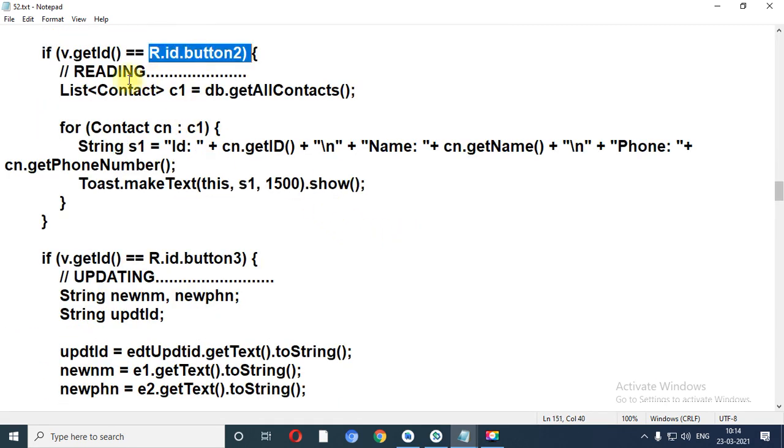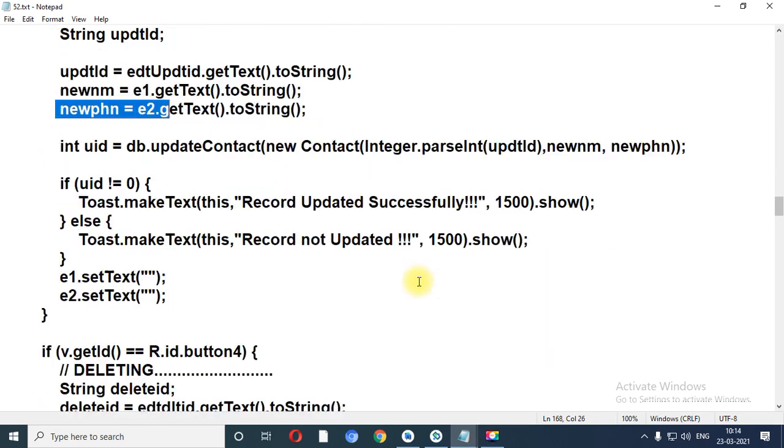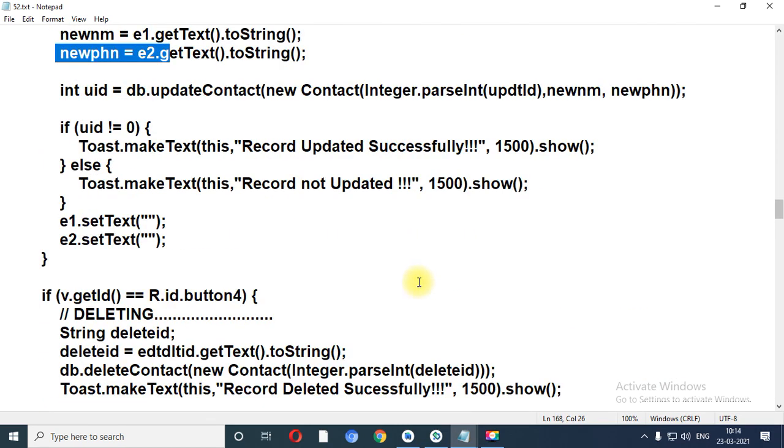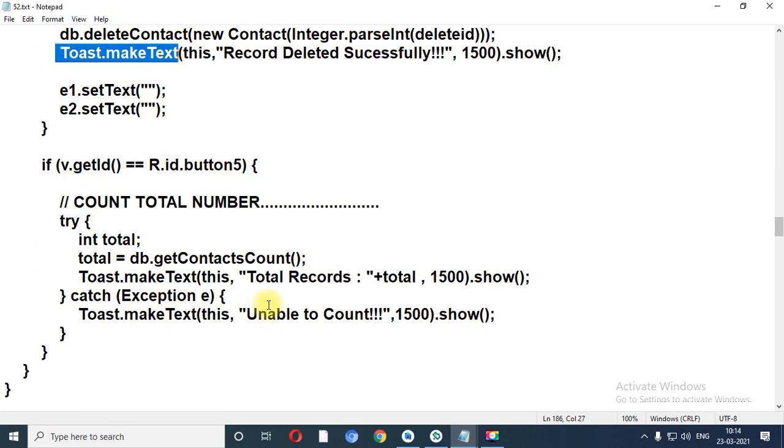Button number 2 is used for the reading purpose. Let me scroll down up to new phone. Let me scroll down up to toast. Over here our MainActivity.java file is completed.